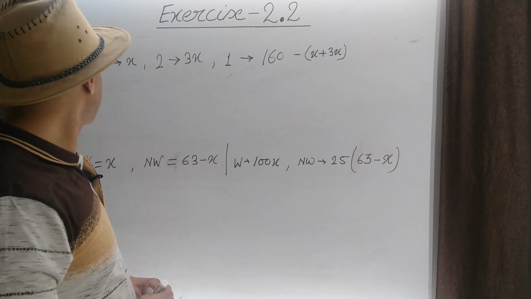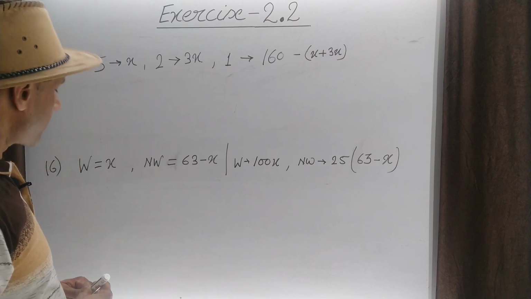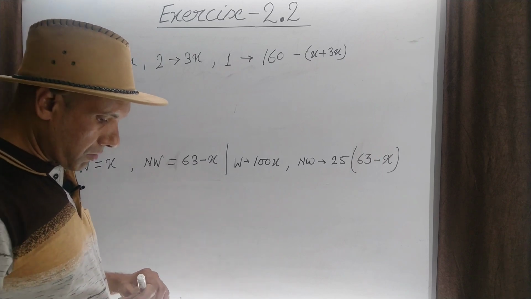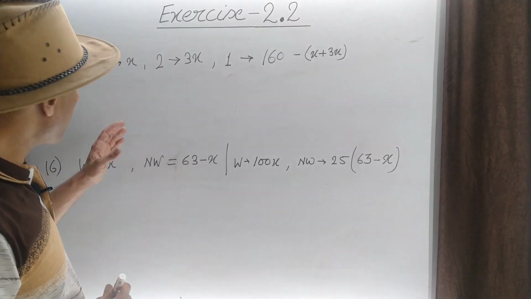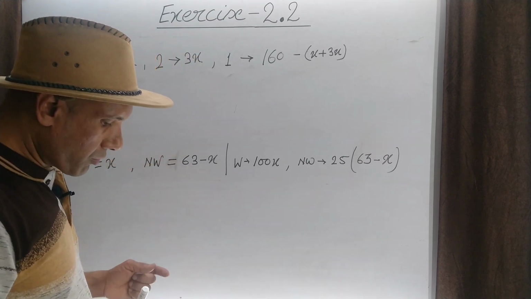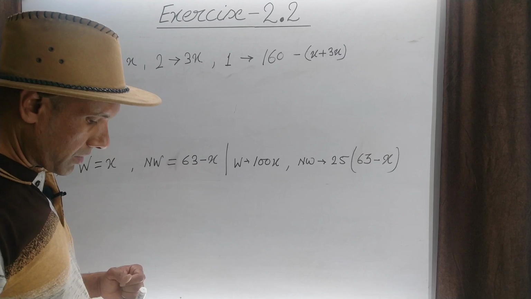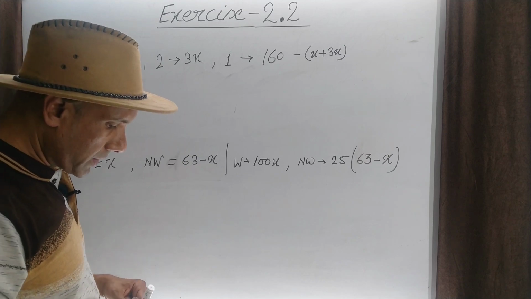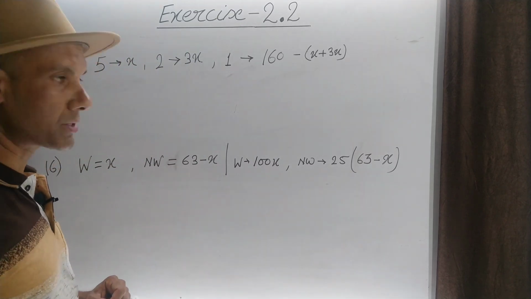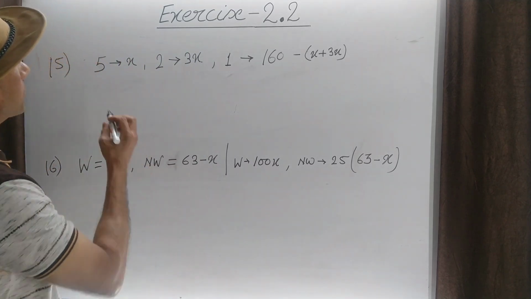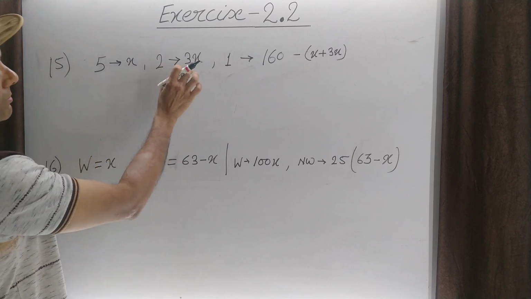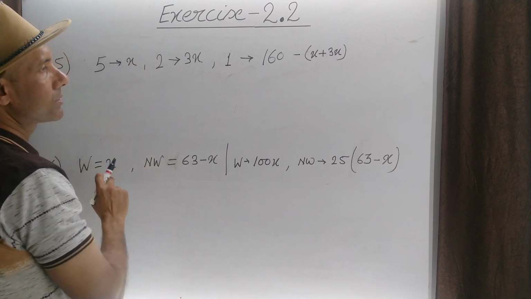Let's move on to the final part of the exercise. Question number 15. I have a total of 300 rupees in coins of denomination 1, 2 and 5. The number of rupees 2 coins is 3 times that of rupees 5 coins. So the total number of coins is 160 and we have to find how many coins of each denomination I have got. Okay, so if x is the number of rupees 5 coins, then rupees 2 coins will be 3x,